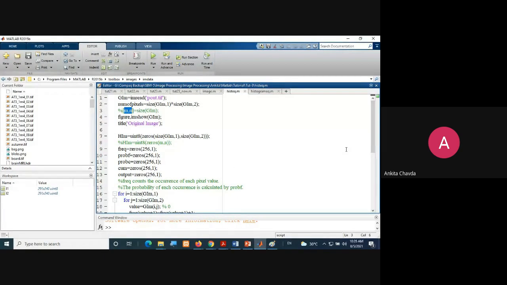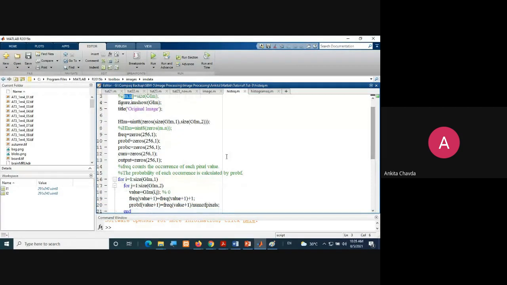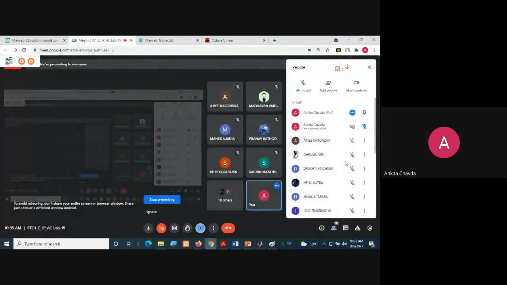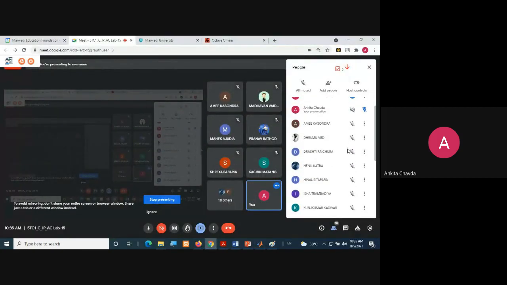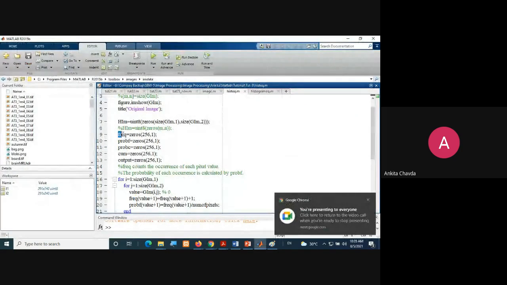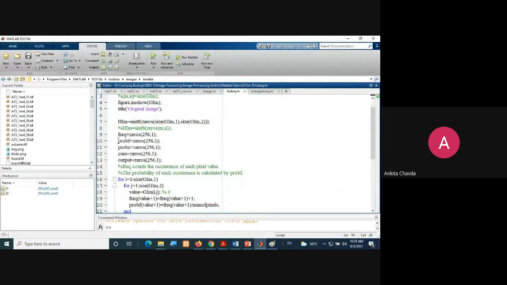Okay. Then what I am doing is, who will explain to me? Chalo, need to find. Drumil, let me know what this line is for. What have I written: this frequency and this probability of frequency and these three lines. First three lines, explain to me. Yes?